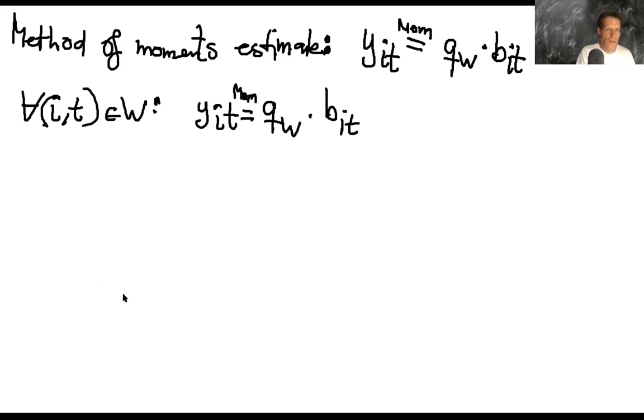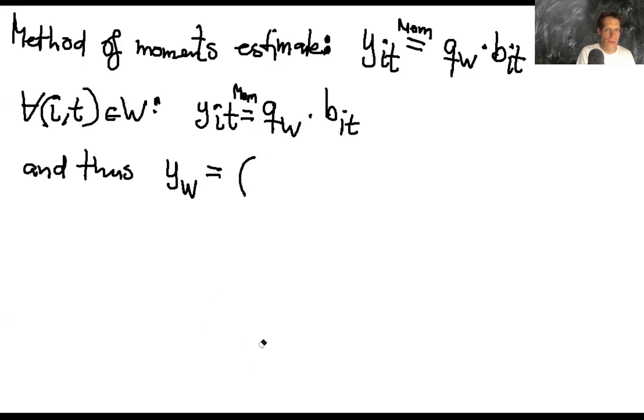And of course, we can not only say that's the case, but since the q_W is everywhere, we can start to sum. If we, for example, look at the entire region, so that's y_W, that means we're going to sum up,